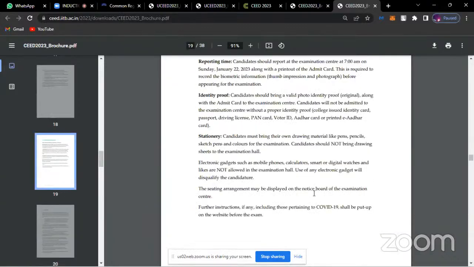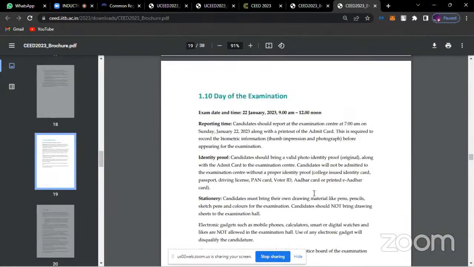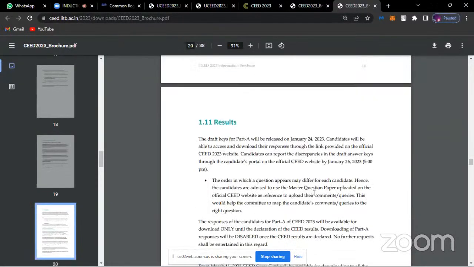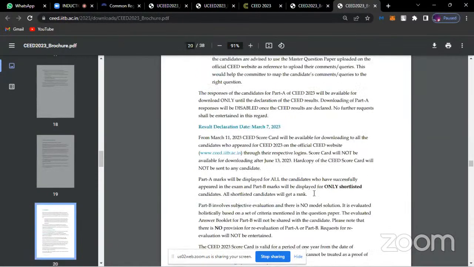But you should also take care of what kind of color material is more feasible to take into the examination center. Imagine you're trying to go there with oil pastels or pastel colors. You will not have time in 2 hours to show your fine arts skills, because within 2 hours you will have more than 4 problem questions to solve.